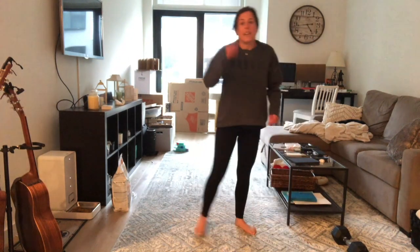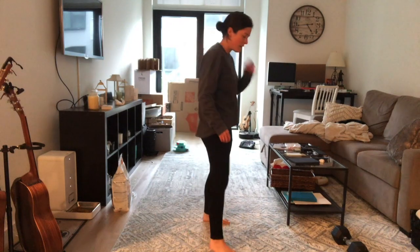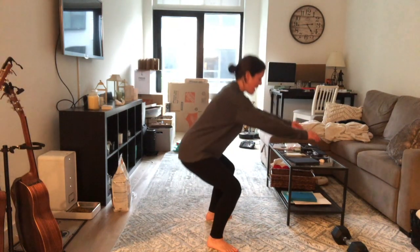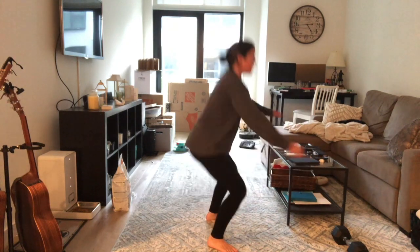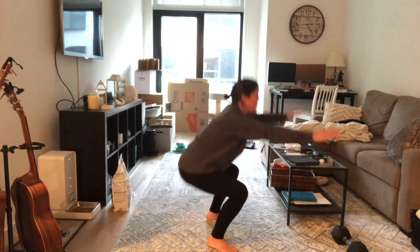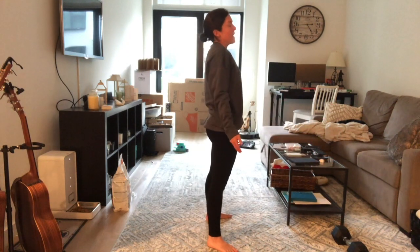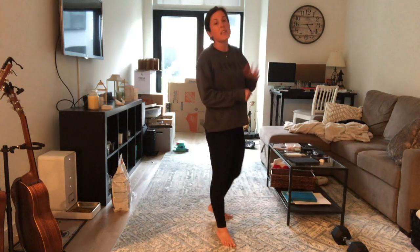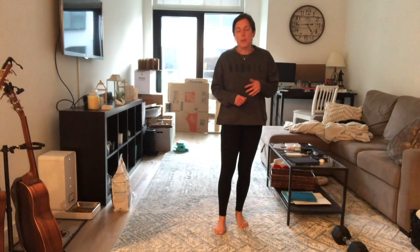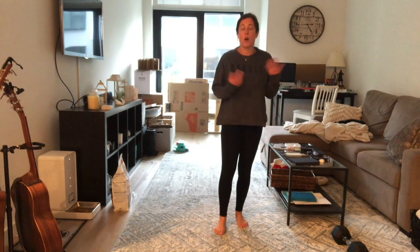Then lastly are our air squats. Don't get sloppy here. Sending those hips back and down, chest up, fully extending those hips at the top. Back and down, fully extending at the top. The idea for all of these different components is that you're going about them unbroken. So make sure you pick a rep, a weight that is comfortable enough where you can do these